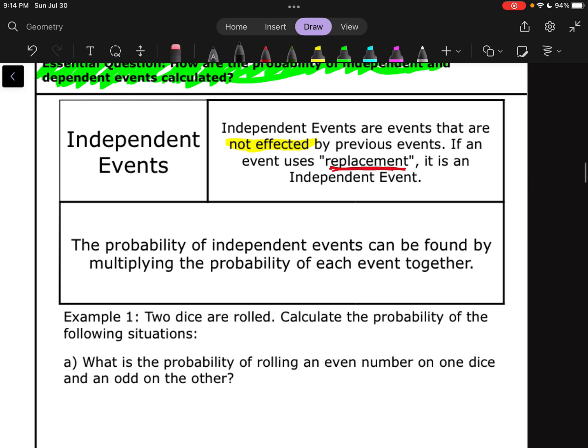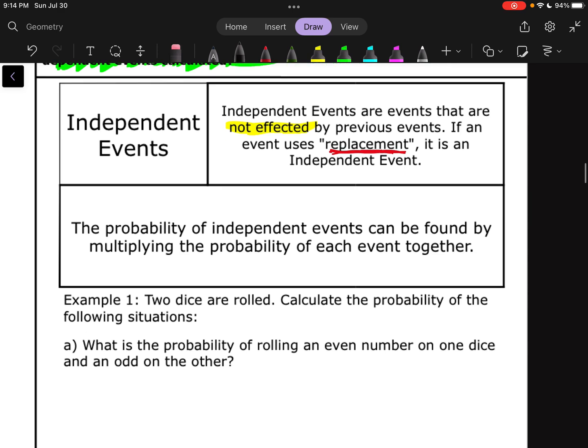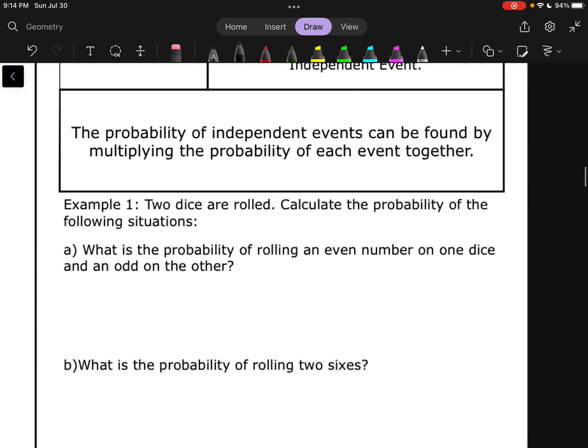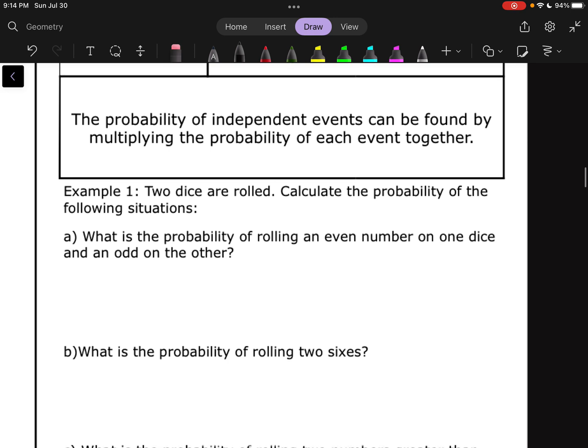Okay, so we're going to find the probability of one event, we're going to find the probability of the other event, and then we can just multiply them together, and that'll give us the probability of both of those events occurring together. So let's take a look at example one. You'll see what we're talking about here. It says two dice are rolled. Calculate the probability of the following situations. So the first one says, what's the probability of rolling an even number on one dice and an odd on the other? So first up,